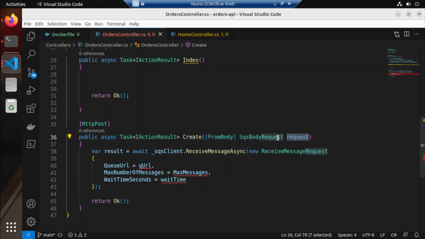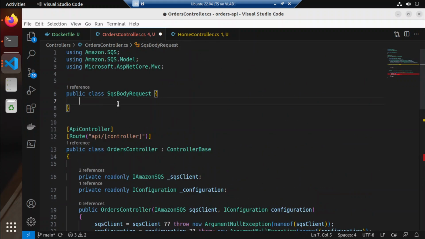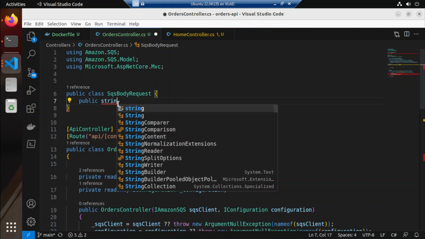So let's do that, and then let's just map this one here. So what we want is... where am I? What am I talking about? So yeah,